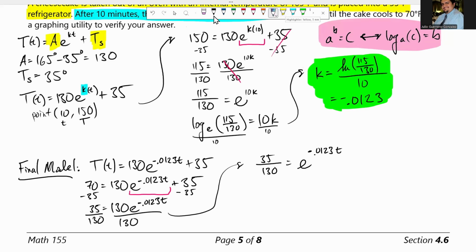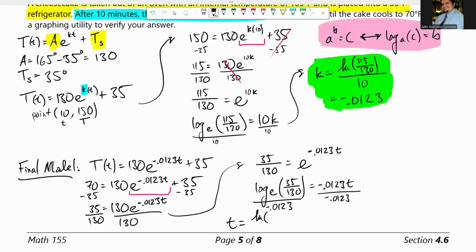So log base e of 35 over 130 is equal to negative 0.0123 t. I want t by itself, so I get to divide by negative 0.0123 on both sides. t is equal to ln